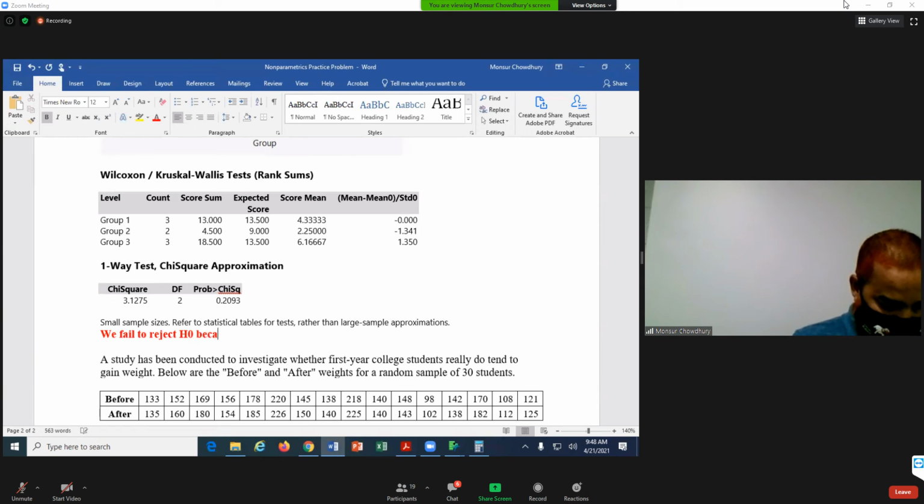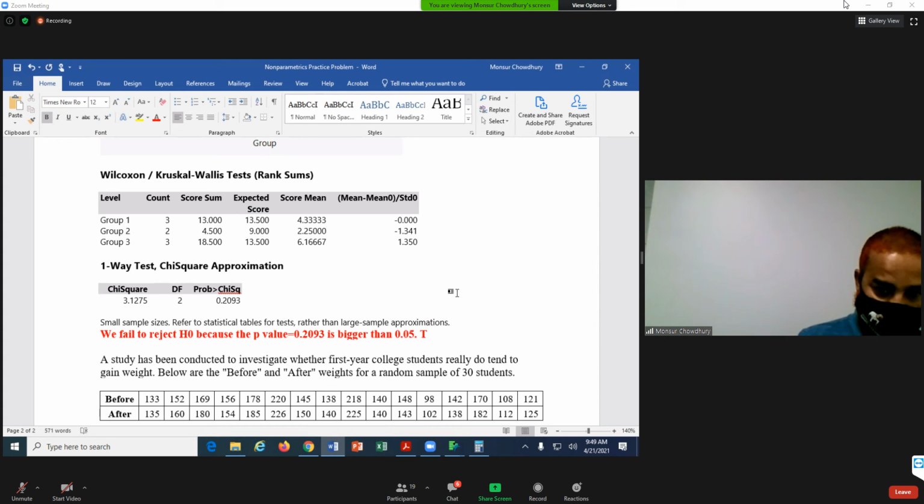because the p-value equal to 0.2093 is bigger than 0.05. Okay.